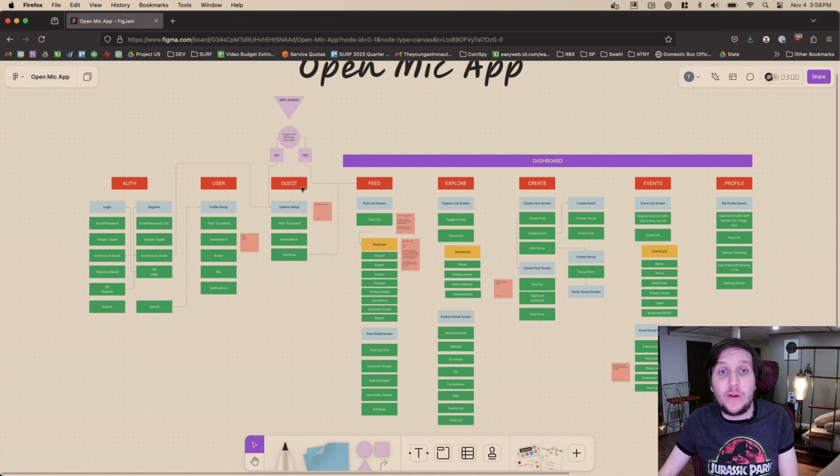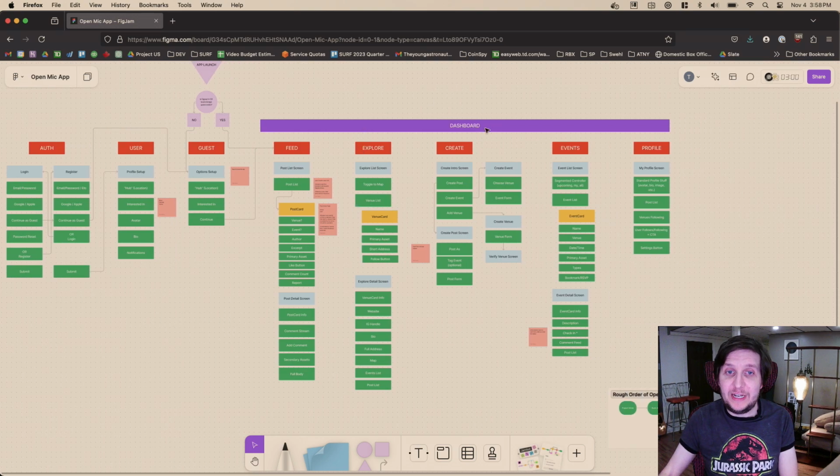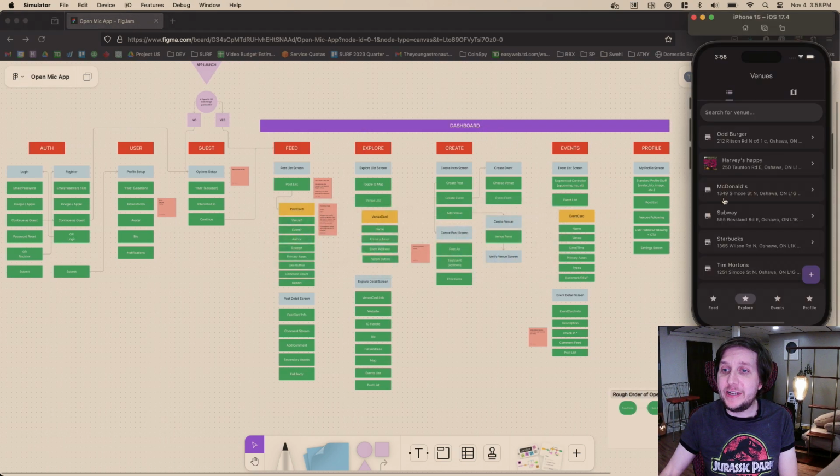There is a guest mode of our app, so we are allowing people to come to this without signing up, which I think is an important thing in any app, especially in today's world where there's so many apps. And because we are building this not just for iOS and Android, but also for web, we definitely want people to be able to land on a particular page and be able to read and interact in the lightest sort of way, and then make an account if they actually want to comment or create an event or whatever.